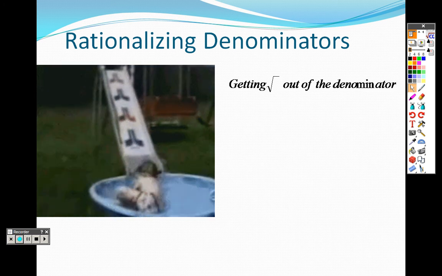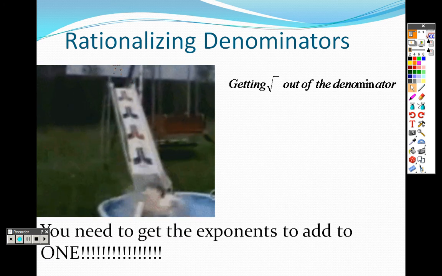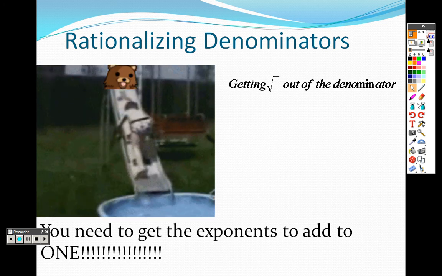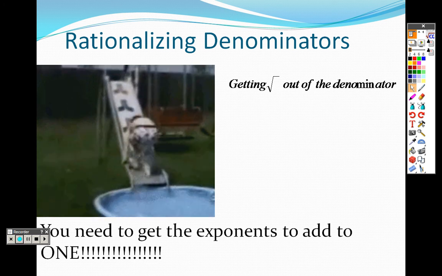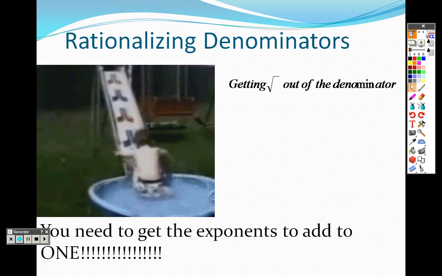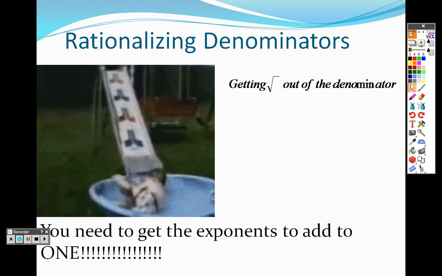Rationalizing denominators now. That means we're getting the square root out of the denominator. You need to get the exponents to add to 1. That's the idea. You can't have root signs on the bottom. You can't have fractional exponents on the bottom. Not allowed. So when you're rationalizing denominators, you're looking for whatever makes the bottom exponent